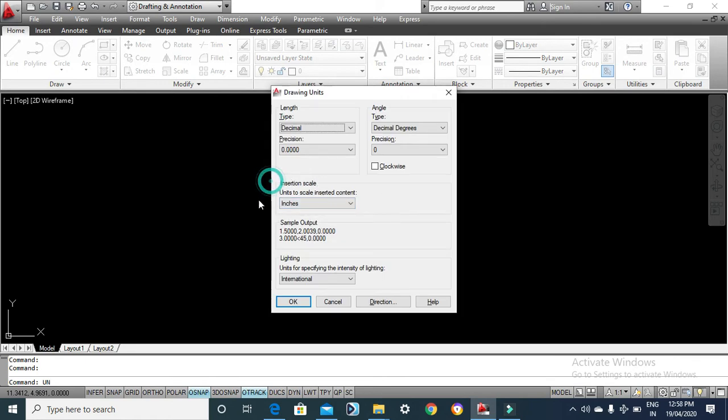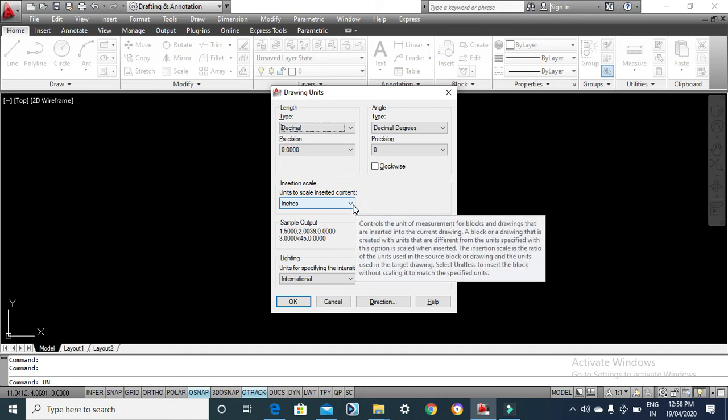Is it okay with you? The drawing units are now inches. Length and angle you can design as per your own sweet will, but you now know how to actually bring the default units or the insertion scale to inches or mm.